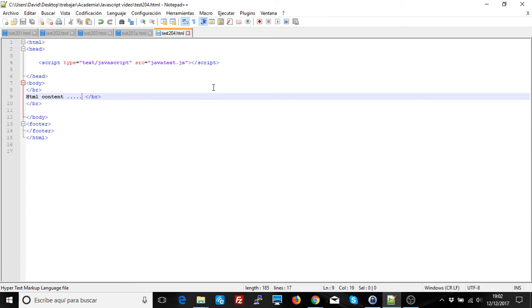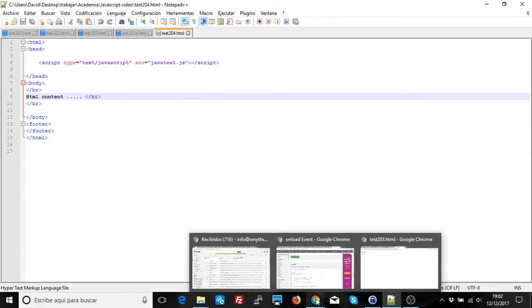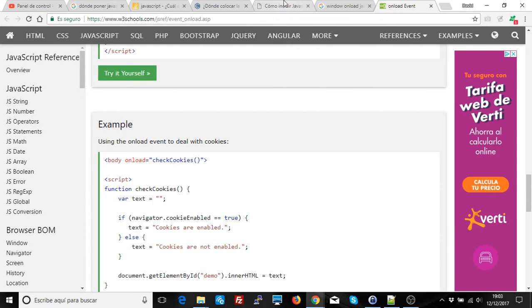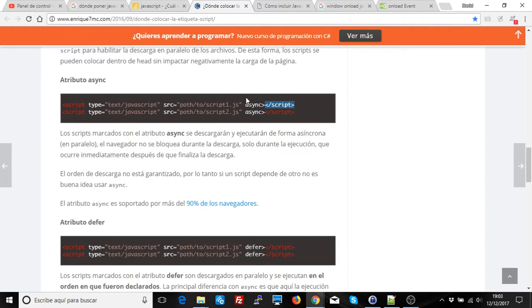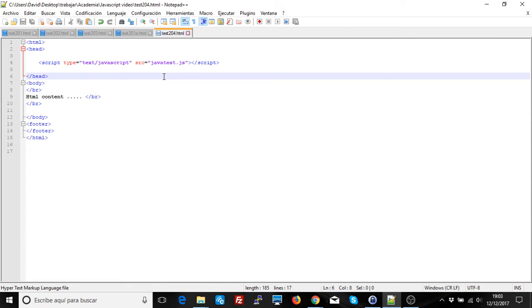we will explain how to solve that in further videos. There's a solution which is to include the commands defer and async on the script. Async allows the script to be loaded while the web page is being read, so at the same time, and defer loads first the web page and then the script. So we've managed then with HTML5, sorry, to have